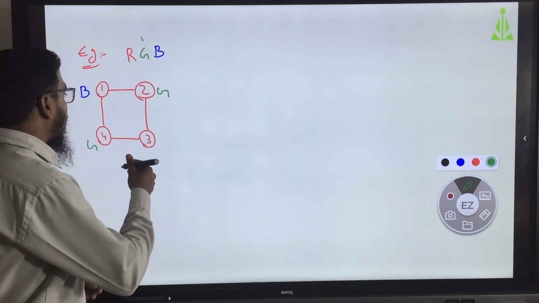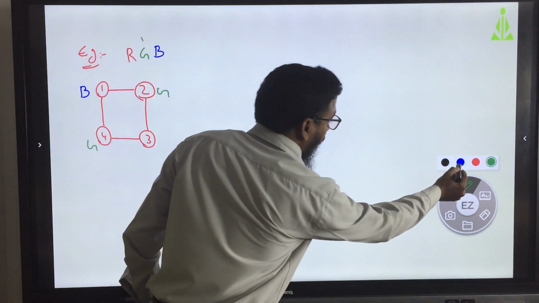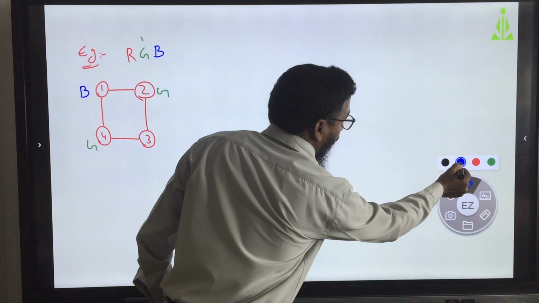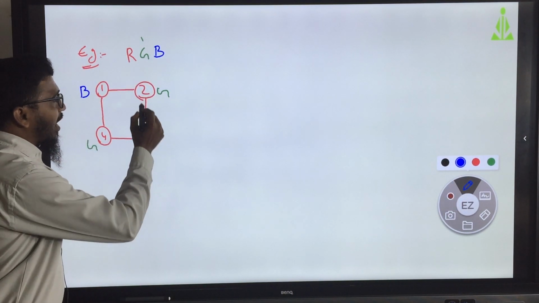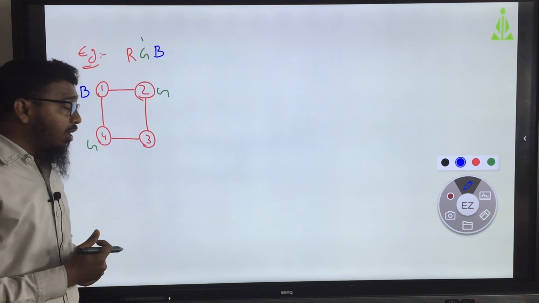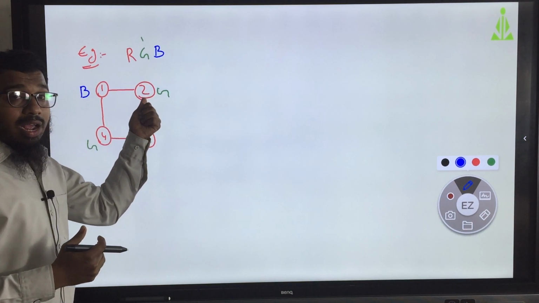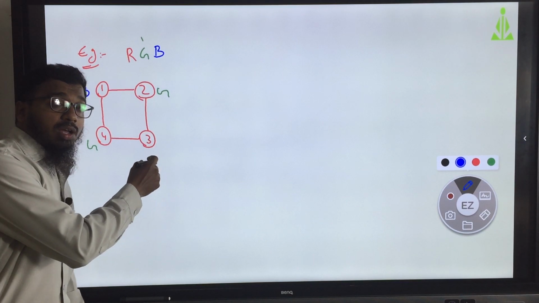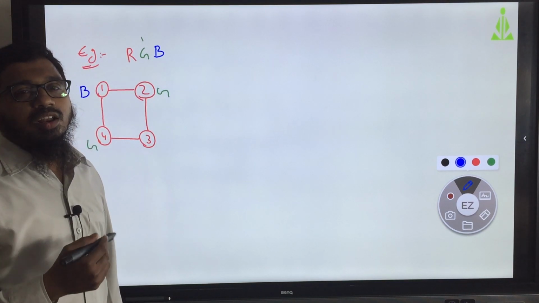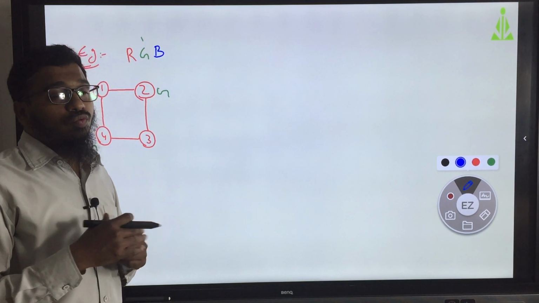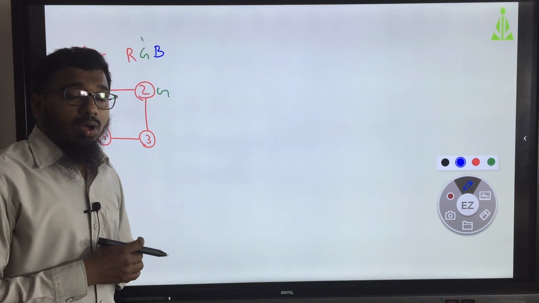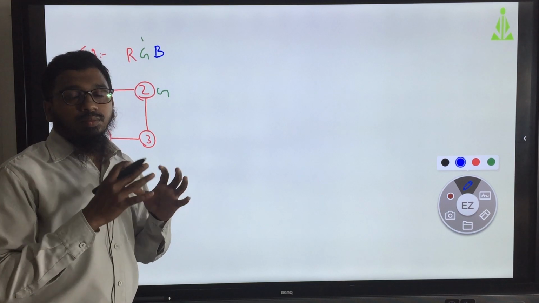Next, here I can give green as well as red, but I am not giving red, because if the chromatic number increases, it will be difficult for you to check the graph.